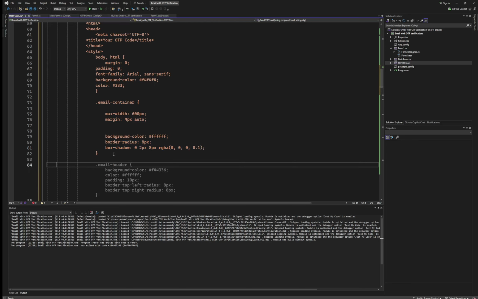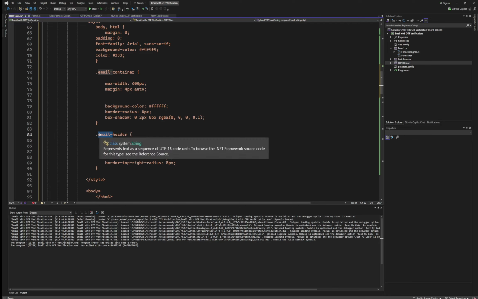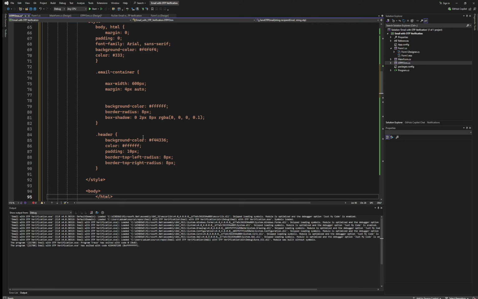Now after that, we need to create another one for a header, right? So I'll just call this header, just like this. With a header, I'll set a new background color that is going to be a background, and this background is going to be linear gradient. I'll set this to 135,